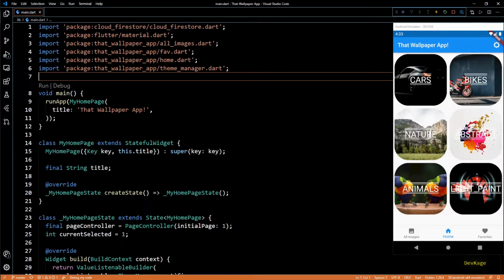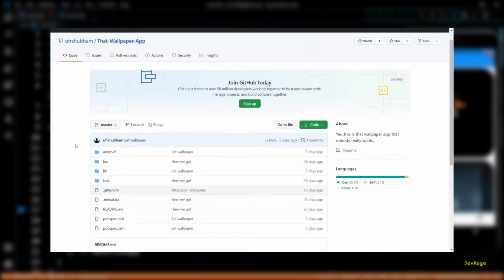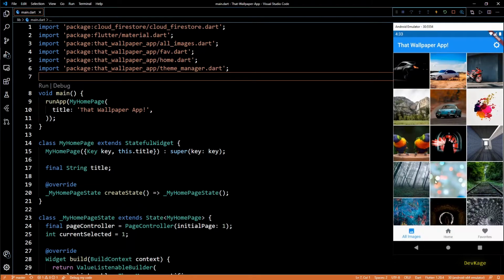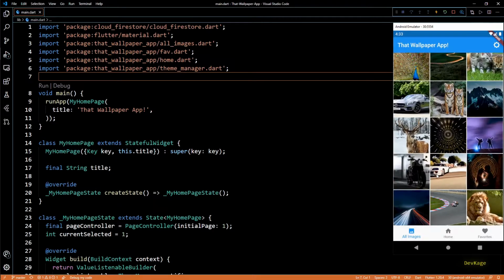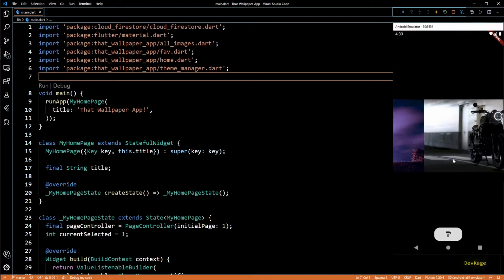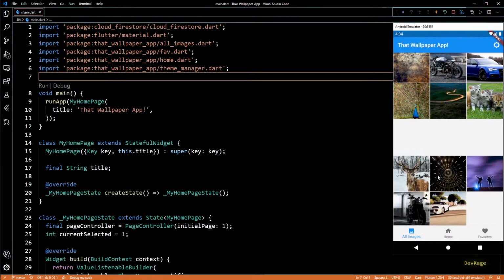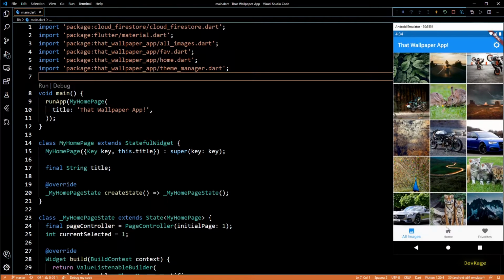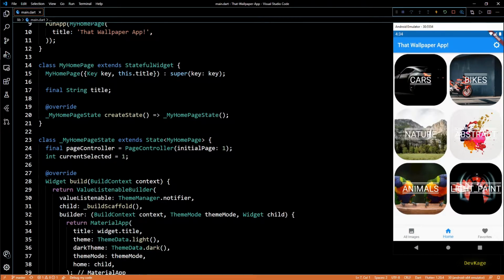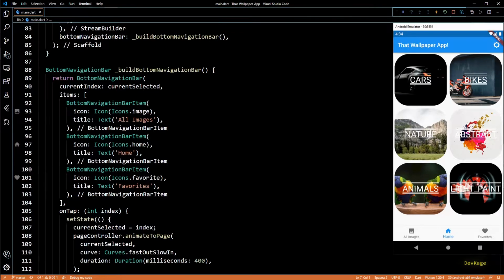Hey guys, welcome back to this Flutter app development series where we are creating that wallpaper app which no one wants. In the last video, I made this all images page more interactive by integrating the photo gallery package. So now we can tap on any of the images on this page and it will take us to a gallery view. In this video, I'll do a little refactoring so that it becomes easy to pass around the required